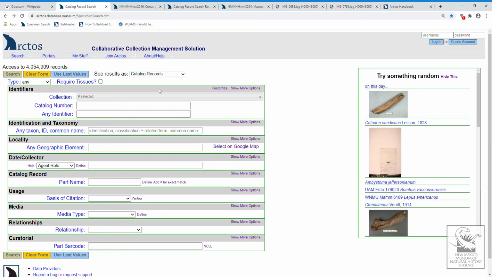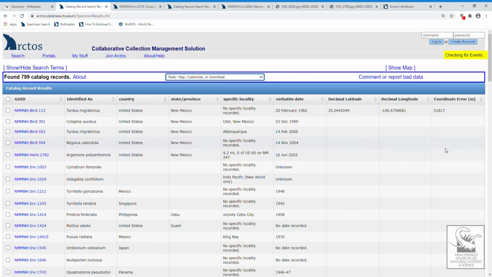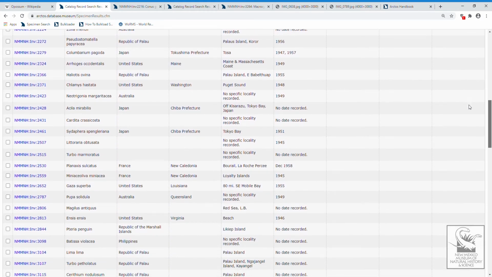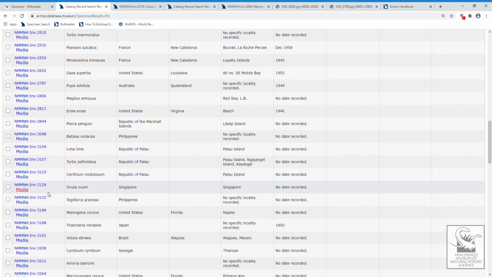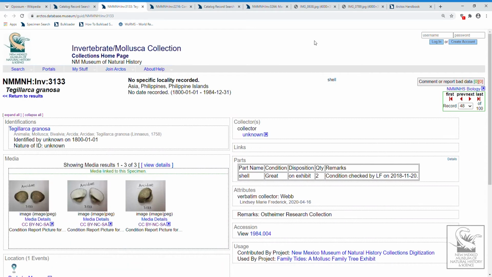And to find images, just go down to the media field here, media type drop-down menu, and in there, find image and search. So you can see we have almost 800 images uploaded, or specimens that have images actually. And you'll see a lot of them are from our invertebrate collection. And these are going to all be condition report pictures from the exhibit that we launched in January called Family